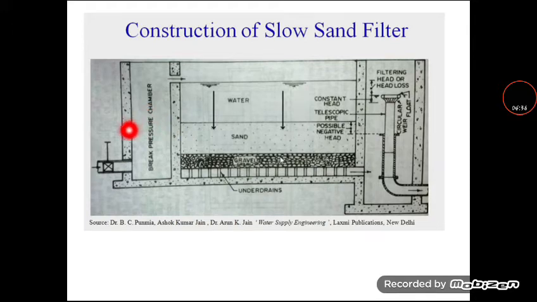Now we will see the construction of the slow sand filter. This is the inlet through which the water comes into the slow sand filter, and this tank chamber is called the inlet chamber, where we receive the water. Then the water enters through the baffle wall and passes through the filters which are arranged here. This is the fine aggregate. Above that the water is allowed to stagnate over the bed.